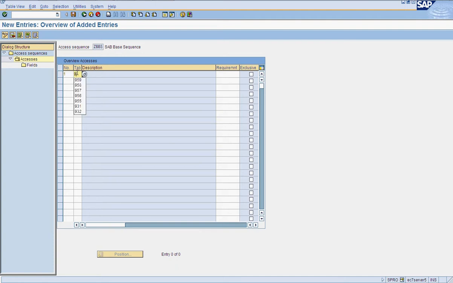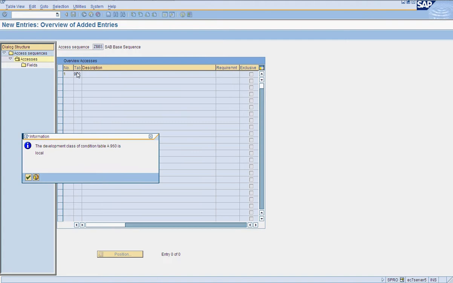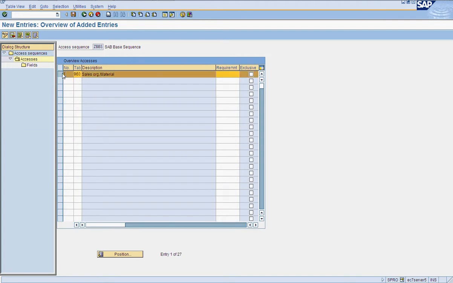Table 960 will be under this one. The reason it says local class is because we are not using any other system. If you are using any other system, you have to use transportable class. Those are basis entities, which you will see under transports actually. So let's not get deeper at this point of time.